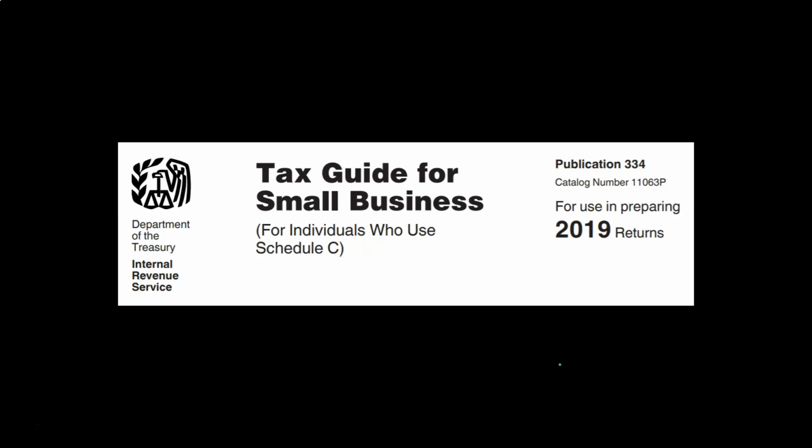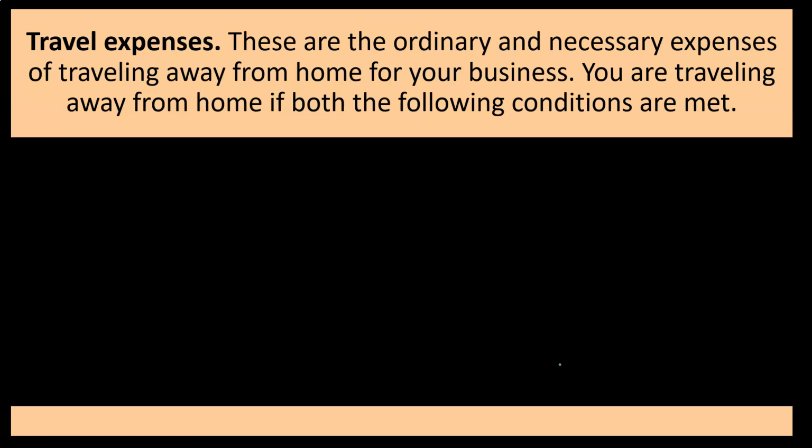So we took the 2019 information, may have adjusted it for some information related to 2020, but note that the baseline information is coming from 2019 instructions and Tax Guide for Small Business. Note that you can find those things on the IRS website. The 2020 information and instructions should be out shortly. You can find them on irs.gov. Travel expenses. These are the ordinary and necessary expenses of traveling away from home